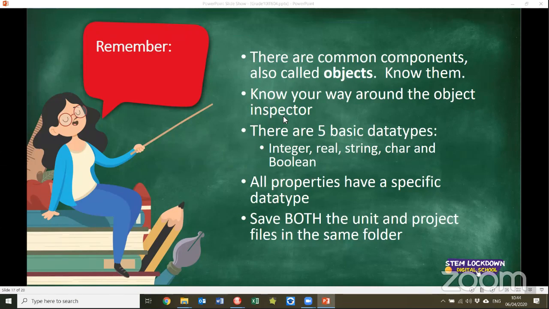Right, so what have we learned today? We've learned there are common components that are also called objects. You need to know what they are. The next lesson will be same time tomorrow. Know your way around the object inspector. Make sure you know and understand the 5 basic data types. All your properties in your object inspector have their own data types. And you need to remember that you have to save both the unit and the project files in the same folder when you are going to save